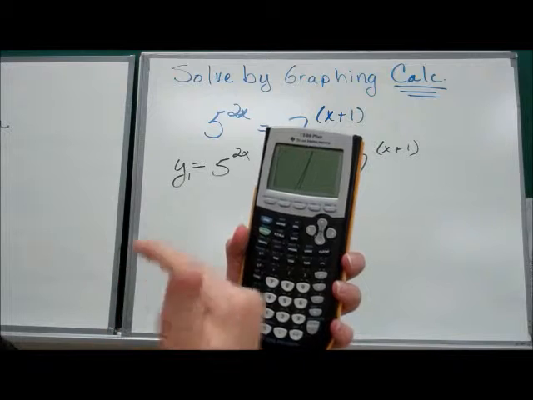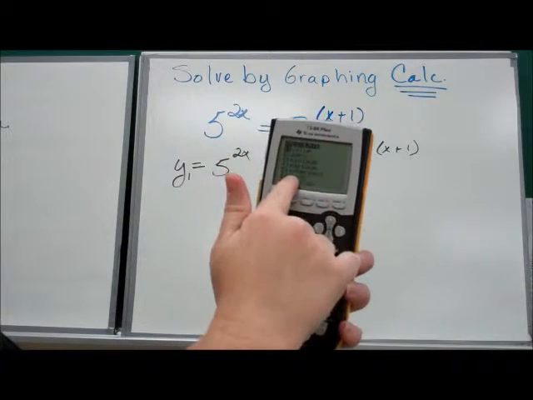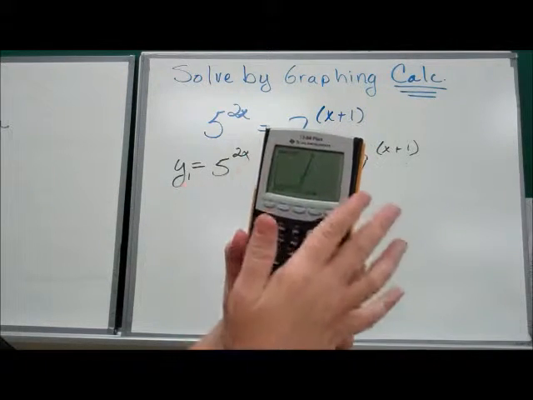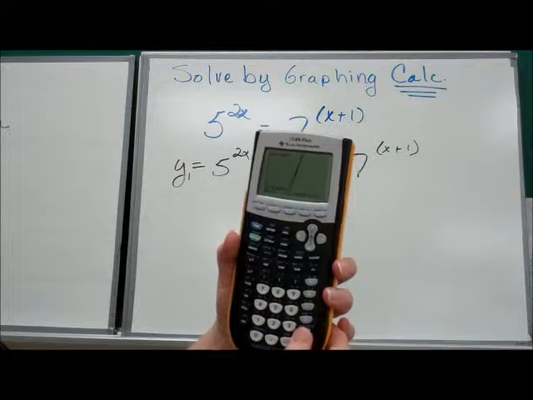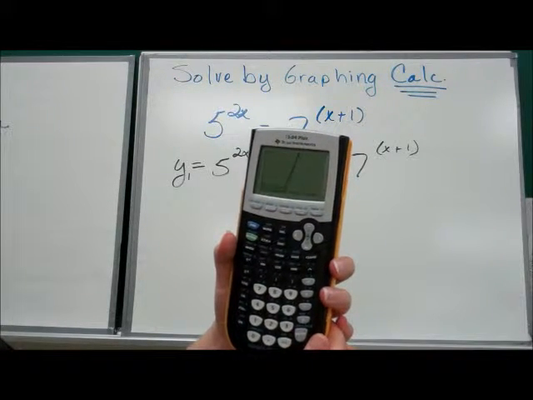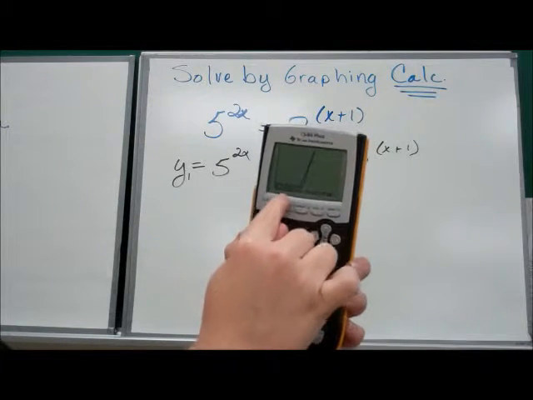So now what I'm going to do is I'm going to hit second calculate, which is on the trace. Number 5 down is intersect. So I'm going to press 5. It's going to say what curve, first curve. Yep, that one. Yep, that one. And my guess, sure. And as you look, you can see the x-coordinate of the point of intersection is about